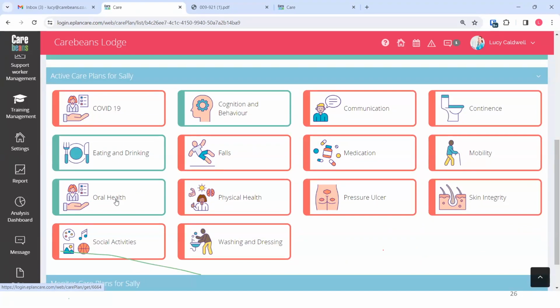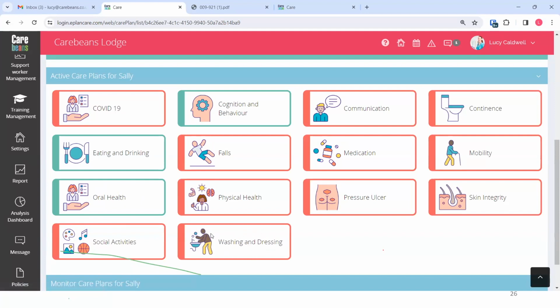care plan. I think it's good practice to have an oral health care plan in place with all the support that you're going to give, all your assessments attached, so you can do all your reviews in one place. So for those that do use the system but don't have an oral health care plan in place and have just been using the sort of 20 standard ones,